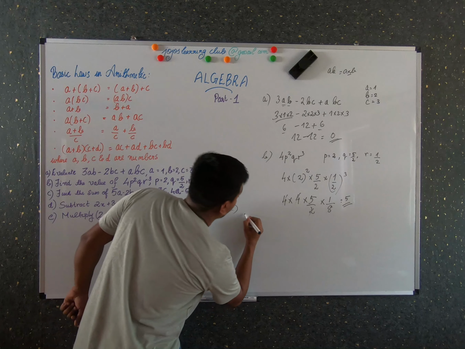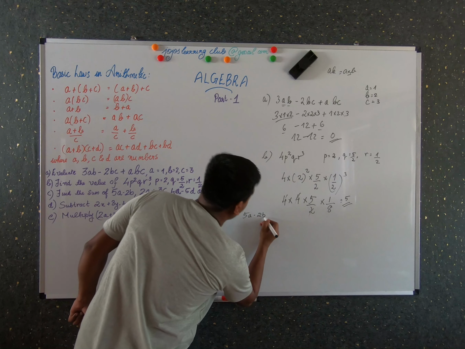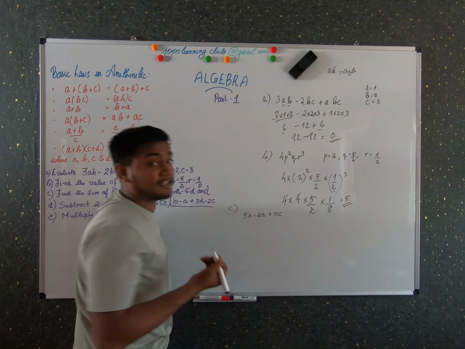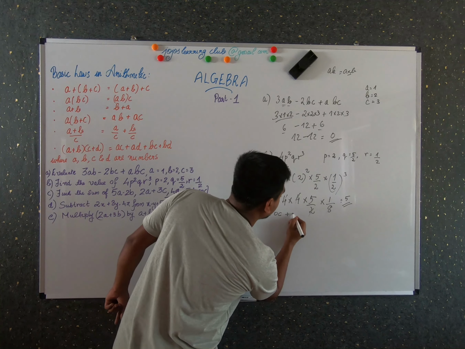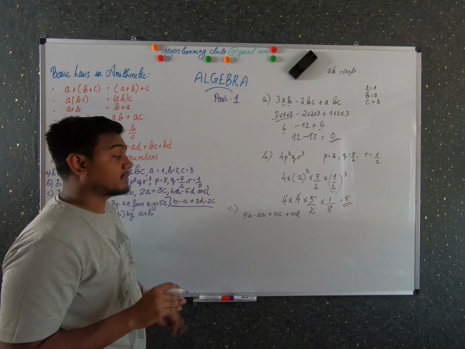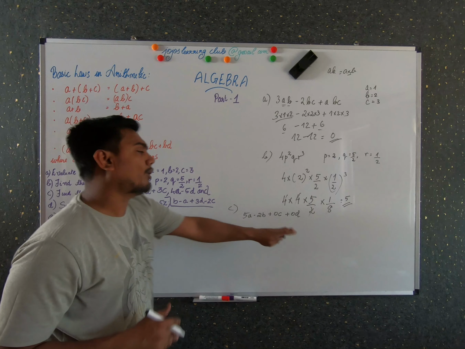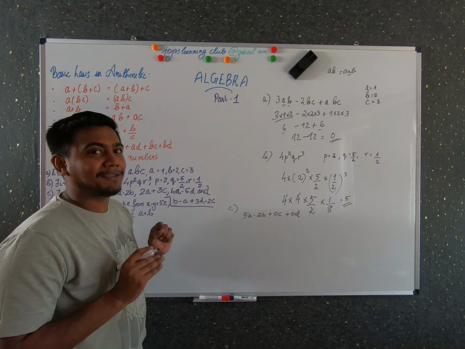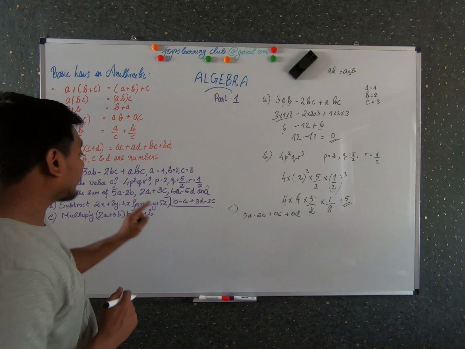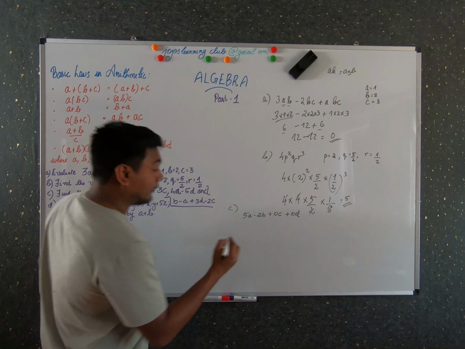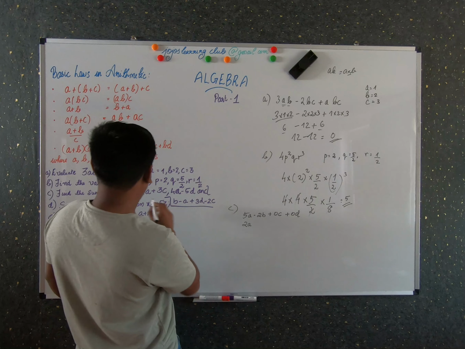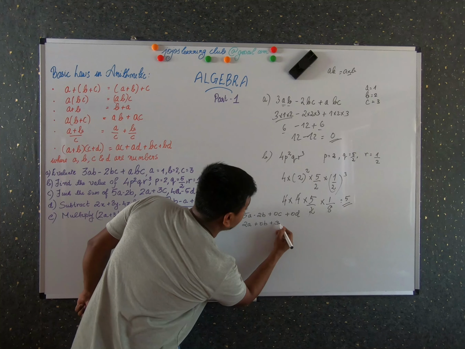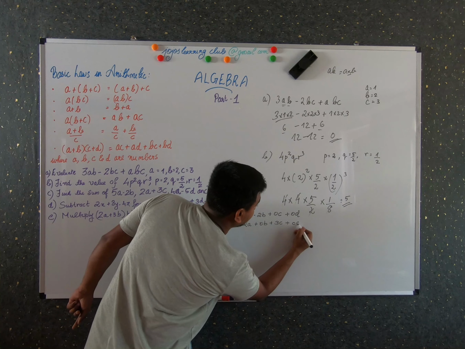So let's do it. 5a minus 2b. If you are not sure, you can also append 0c, which is nothing but 0, and again 0d, so you will not make any mistakes. If you are sure that you won't make any mistake, you don't have to write 0. Otherwise, try to write with 0 so you will not make any mistakes in your problem. So 5a minus 2b, again 2a plus 3c. There is no b there, right? So I append a 0 for that, and again here 0d.